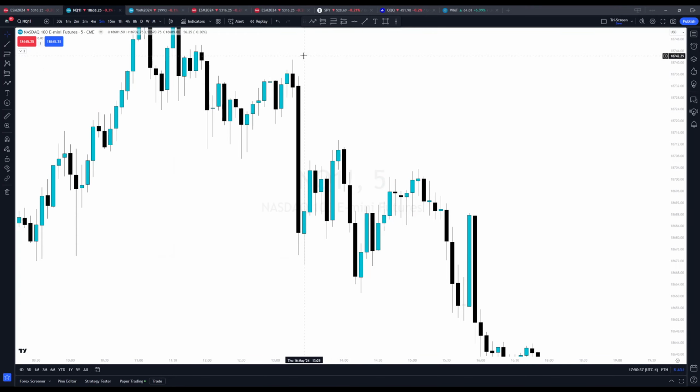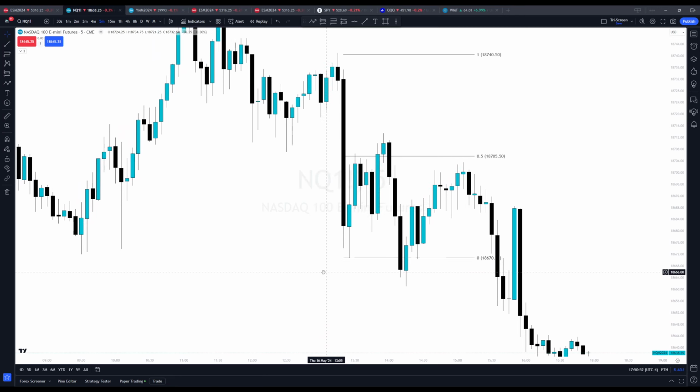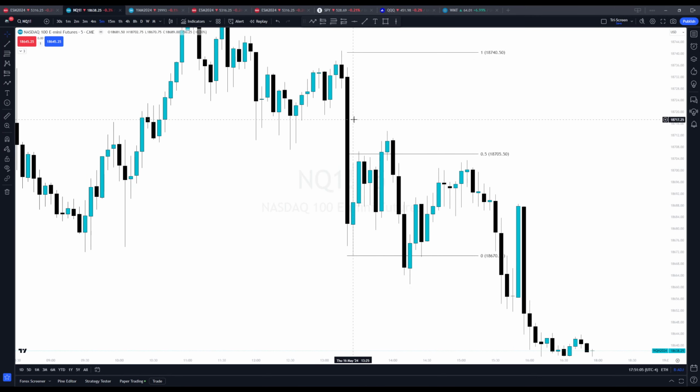We get such a big down candle here, everyone's hopping on shorts. What's the market gonna do? I'm looking at the 5 minute here, right? This is one of my favorite things to trade. Everyone's short here because they're like, oh, big red candle. We can go down, but look, we end up sweeping all these lows. It gives the market a reason to go back up higher, 50% up into the 5 minute.